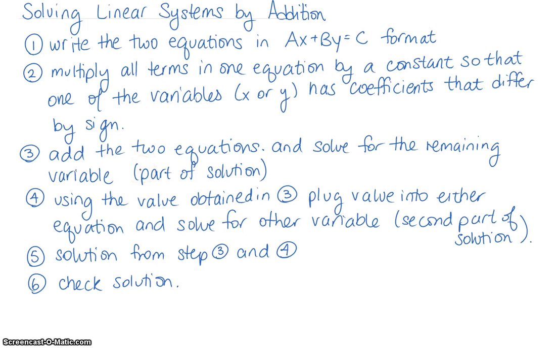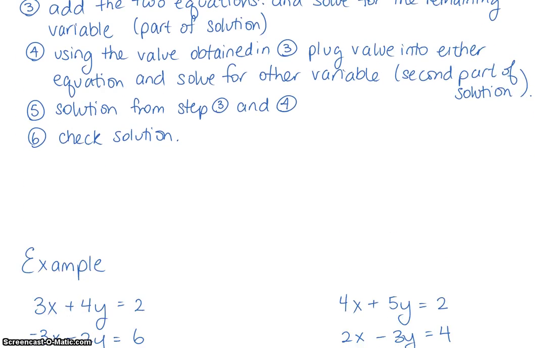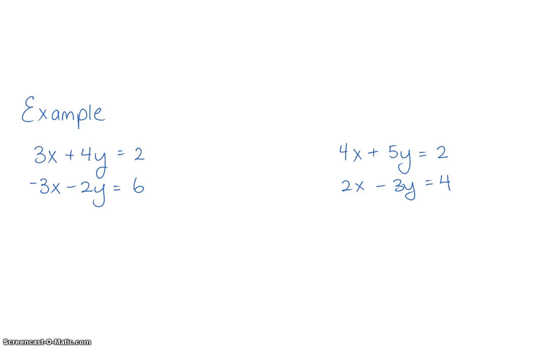Once we add the two equations together, we solve for the remaining variable, and then we use that solution to figure out what the missing variable is. And of course, we check our solution at the end. So, for two examples, the first example,